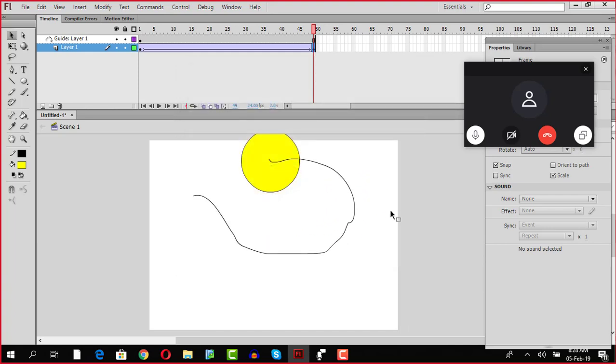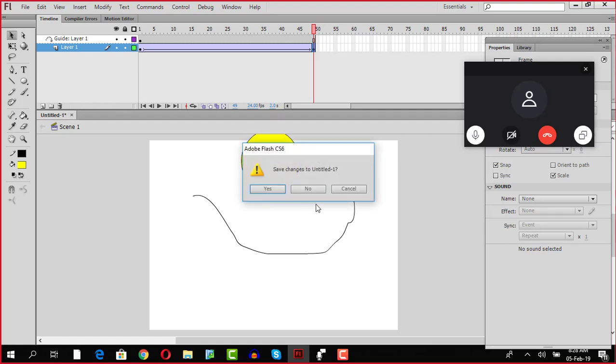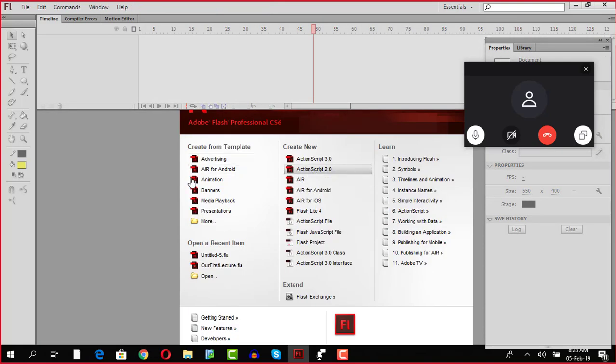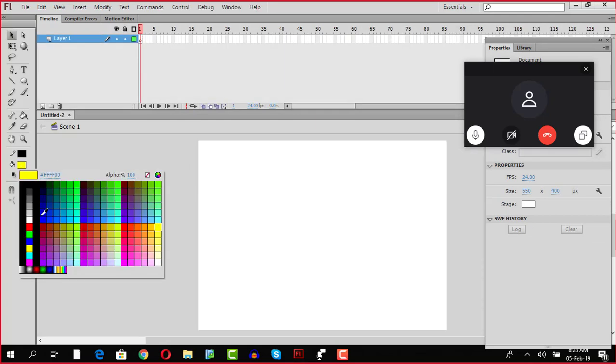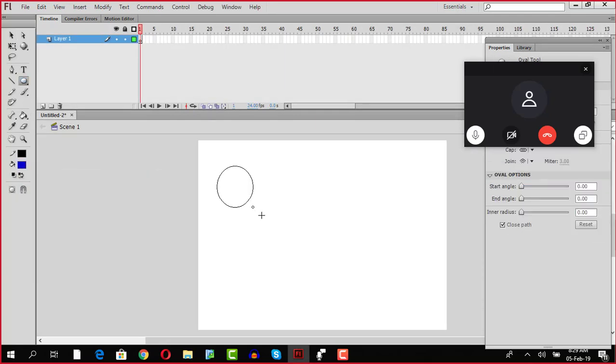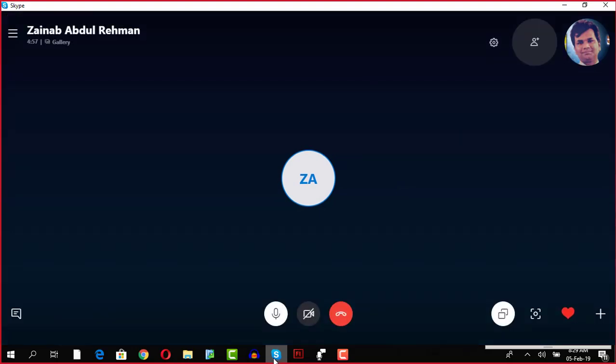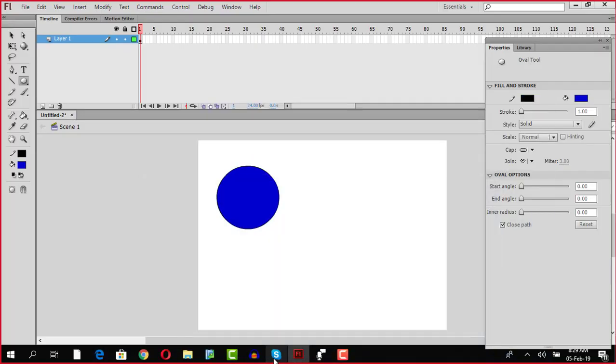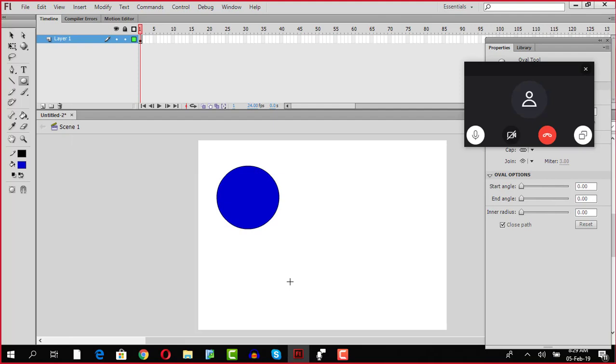The screen is stuck? Yeah, I can only see the circle. Okay. Tell me when you can see it. Okay, I'll wait. I'll do it again. I'll open up the new one again. I'll make a blue circle. Can you see the blue circle, or still waiting? I can't see. Yeah, I can see it now. Okay. So